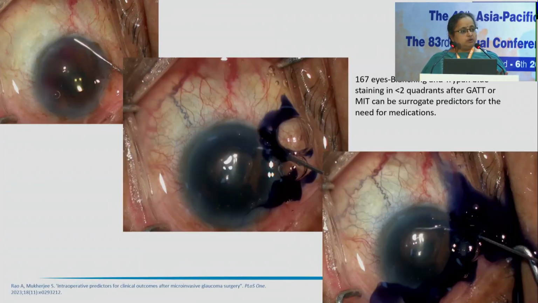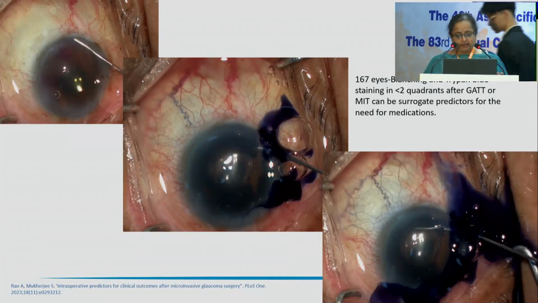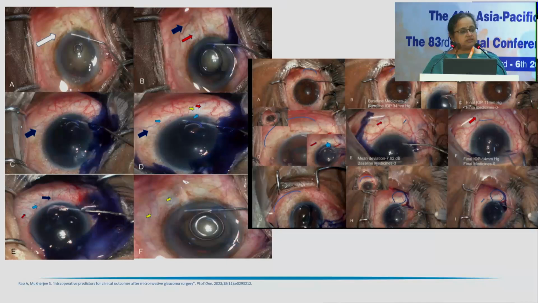What we found out was there were 4 patterns, which were already described by Ike Ahmed. One is the superficial vein staining, one is the deep vein staining. The other is a diffuse kind of bluish hue. You won't find any one vein draining it, but you will just find a bluish hue, which means that in that eye, you only have very deep plexuses draining it. You don't have any superficial vein, which is very difficult to think of. Then how are the deep veins draining it to the systemic circulation?